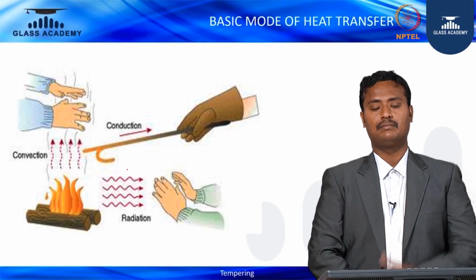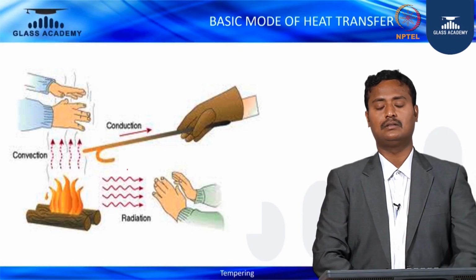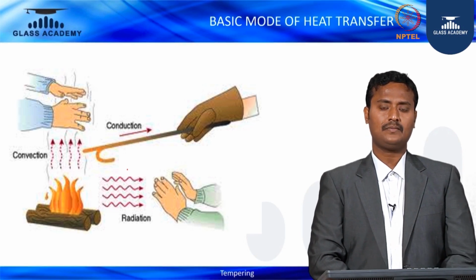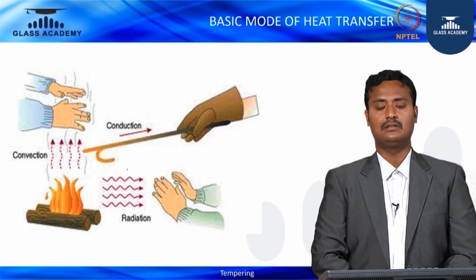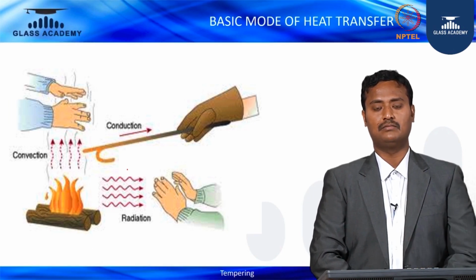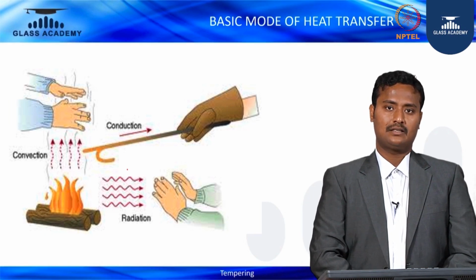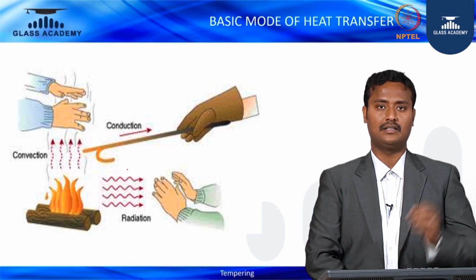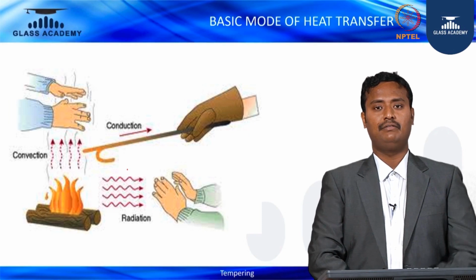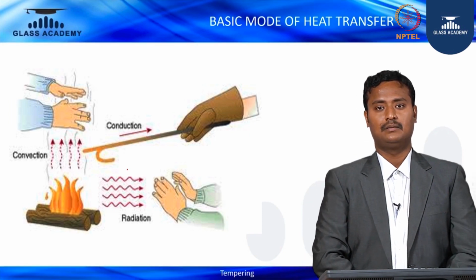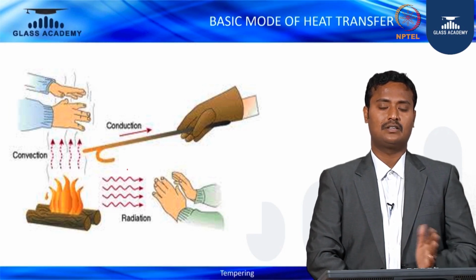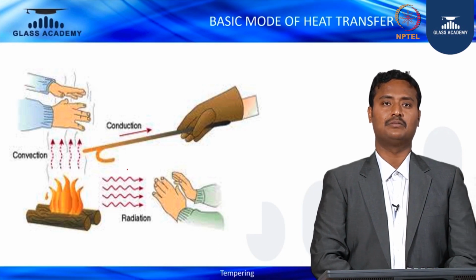So imagine any iron rod whose tip or edges are heated up. Slowly you get the feel of the heat at the tail end of the rod, which means the heat has moved from one place to another through a medium, which is the iron rod. If you say 100 degrees centigrade at the tip of the iron rod, when you feel the tail, it won't be 100 degrees centigrade. Maybe it's 50 or 40 degrees centigrade because of the heat loss. So considerably we are getting heat loss in the conduction process.